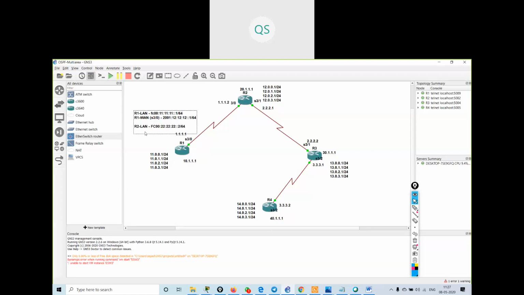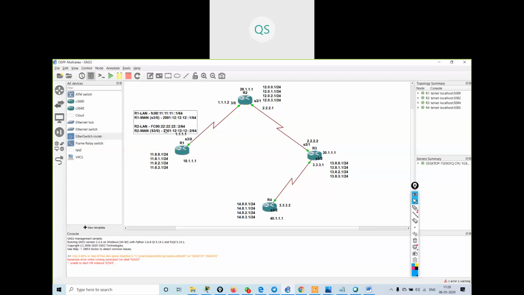And R2's WAN, that is S3/0, I will be using 2001:12:12:12::2.